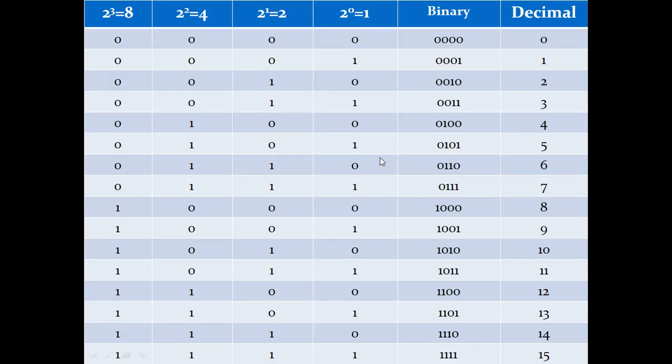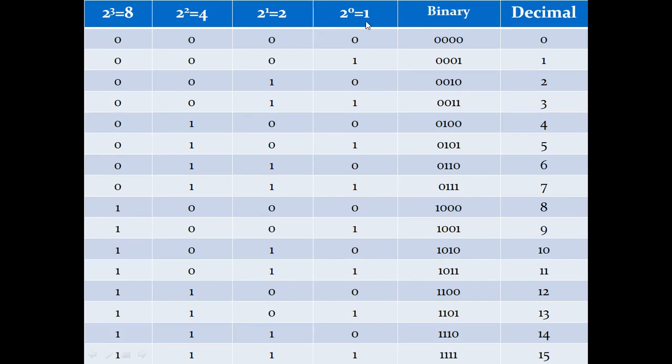Now see, there is an easy method to learn the binary equivalent of all the decimals. We are talking about positional weight all the time. So what are the positional weights? Positional weight starts from 2 to the power 0. This is the first positional weight. Anything to the power 0 is 1. Then the second positional weight is 2 to the power 1, which is 2. 2 to the power 2 is 4. 2 to the power 3 is 8. And then 2 to the power 4, then 2 to the power 5 and so on.